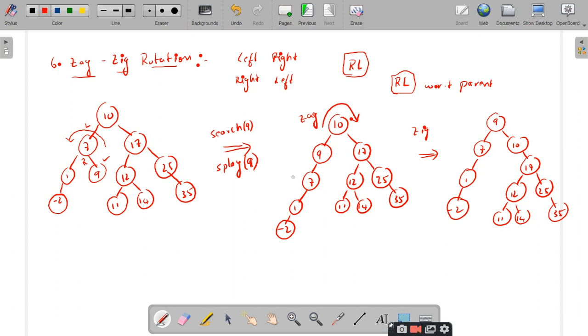Because that element is placed as the root node, so it takes only big O of 1 time complexity, right? So for this purpose they have introduced these splay trees, and splaying is a mechanism where you make a node the root node of the tree, and every operation, such as insertion and deletion, is followed by a splaying operation.